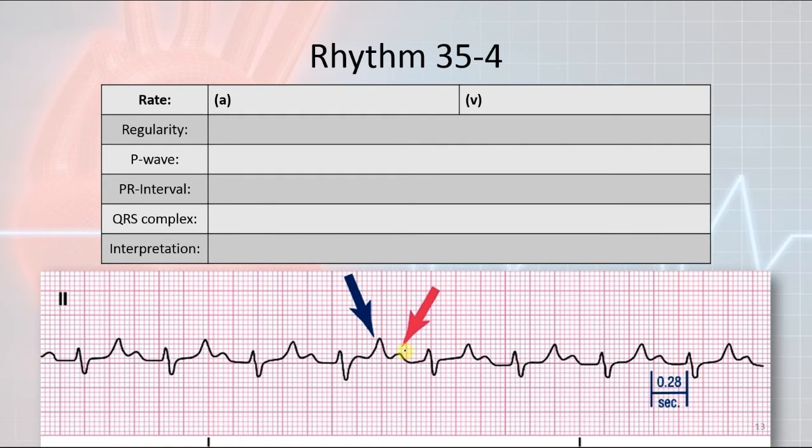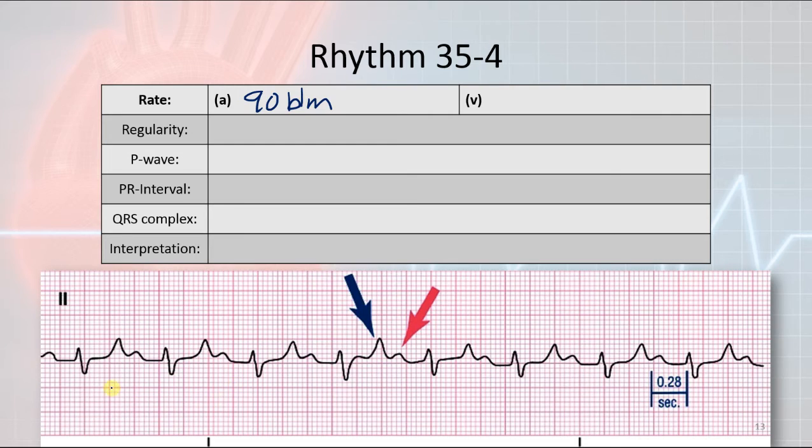This one might be a little bit tougher to tell. What they're doing here with these arrows, they are pointing, this is the T wave, that is not a P wave. This right here is supposed to be the P wave. So let's go ahead and count the P waves. 1, 2, 3, 4, 5, 6, 7, 8. It says 9 over here, but